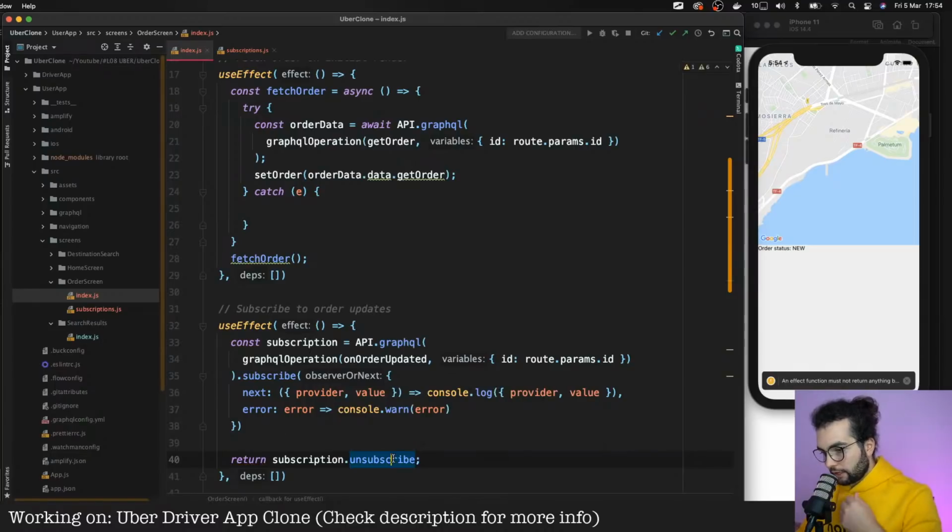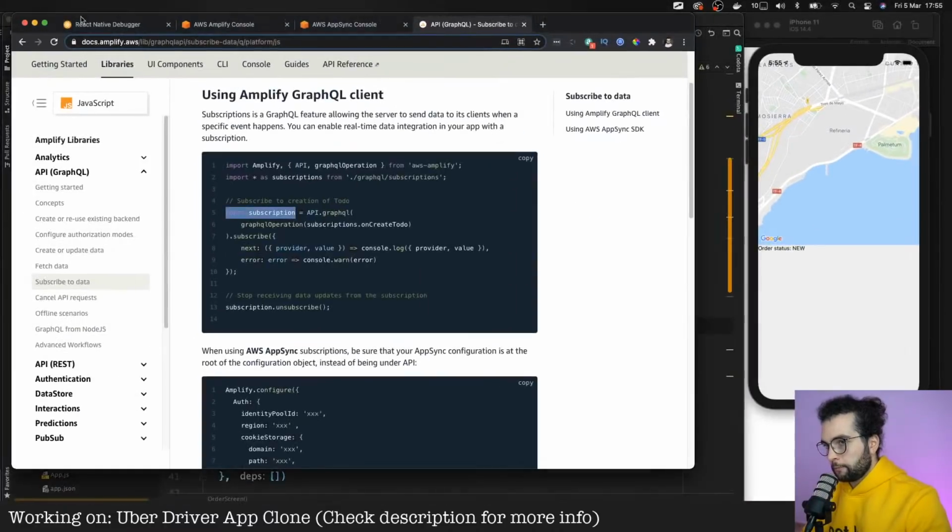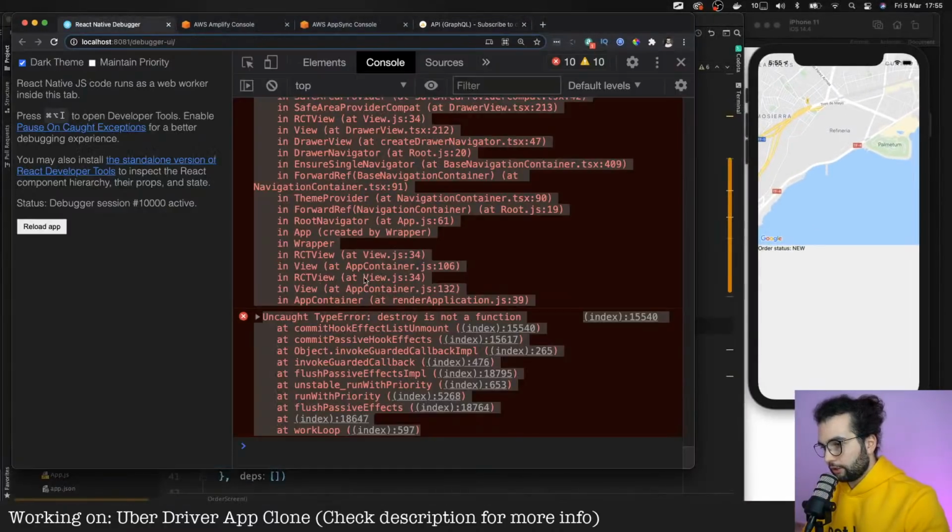But don't call the function, because we need to return a function. So we will return a function, and the use effect will automatically call it. Save. Okay. We have our console log here.